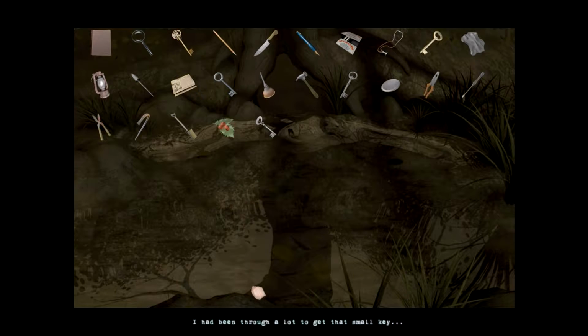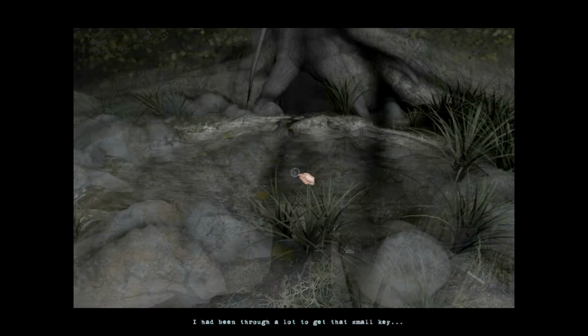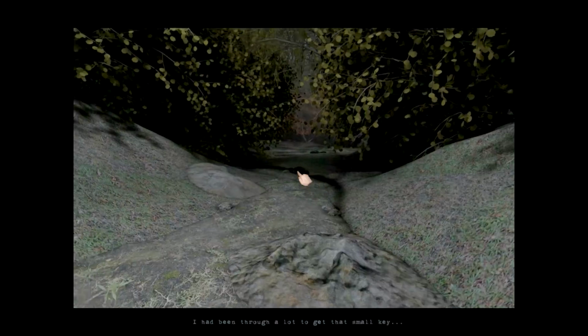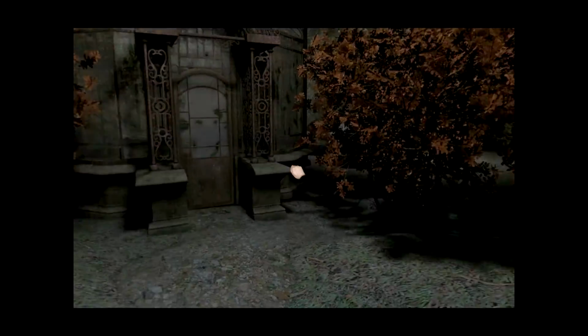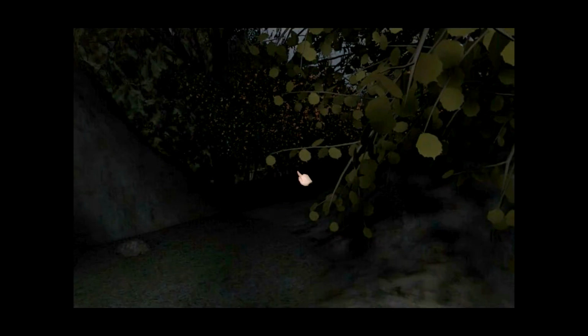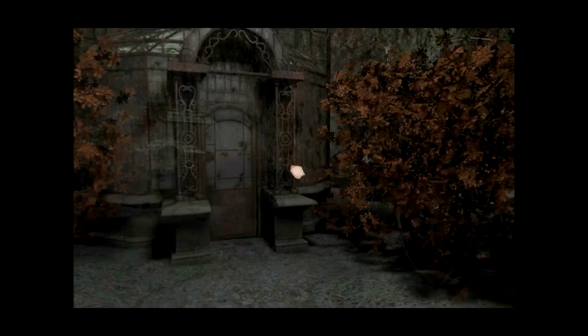I've been through a lot to get that small key. Small key! Okay. I also was talking to Matthew and I was telling him the only thing that was still... No, I don't want to go back down there. I want to go...